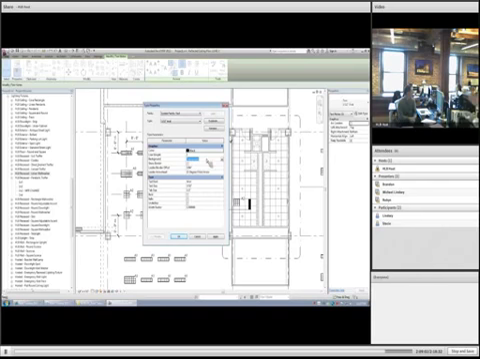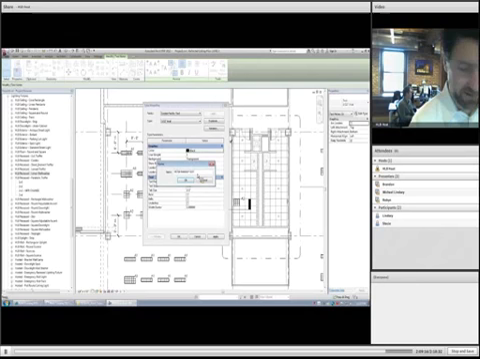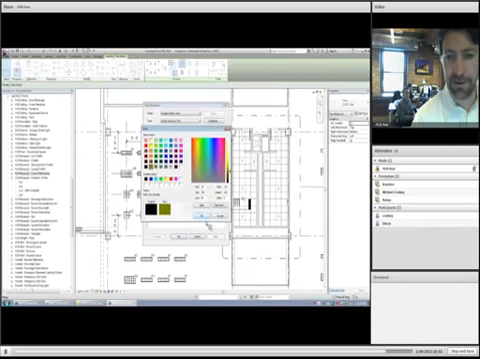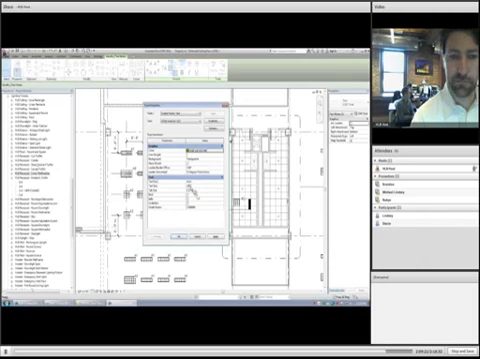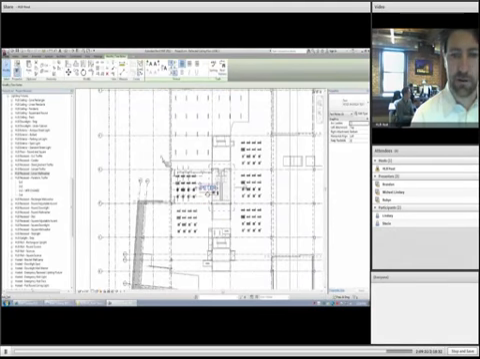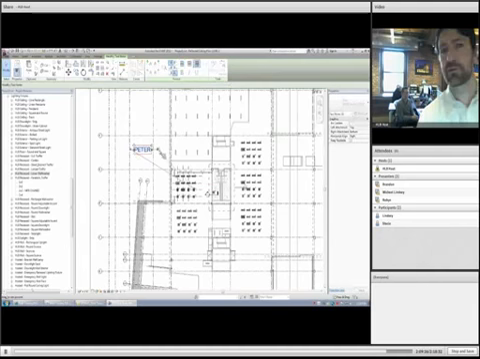If you want to make a new text type, you would just hit duplicate. I'll call this Peter markup text. Look at this, I'm going to make it bright red. I'm going to make the text size half an inch tall so it's very visible. We'll hit OK. And maybe I'll change the